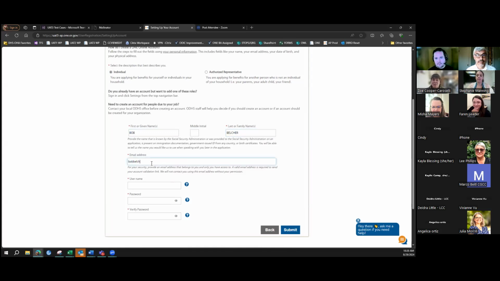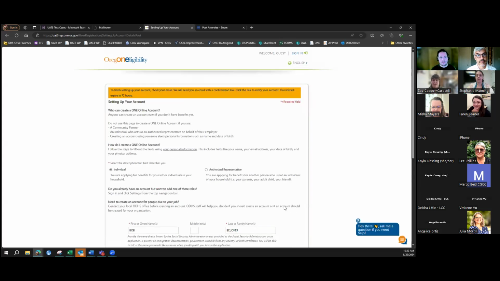While we're on this, would the best way for someone to do that via the one system would be to log in or create their login, connect it to their OHP case, and then on that sidebar, click apply for benefits and choose SNAP? Absolutely, yeah. So on that page before, they already had SNAP benefits, but if they didn't, if it was only medical and I would have clicked apply now, it would have taken me to a screen that shows any benefits they could apply for that they didn't have.